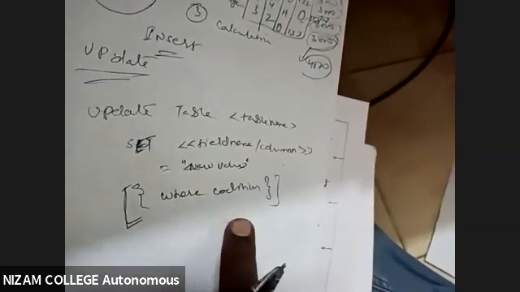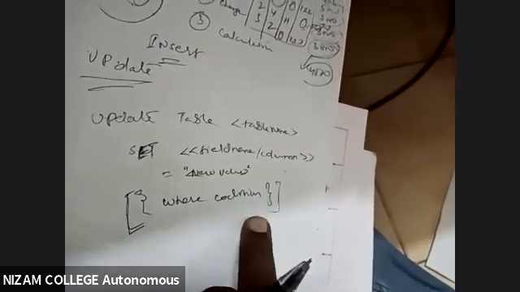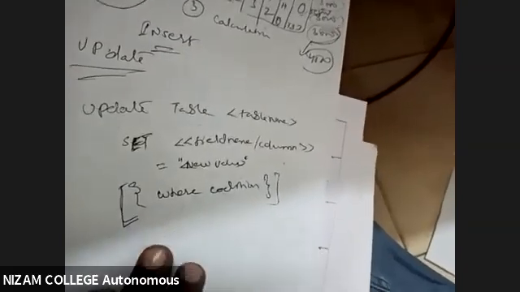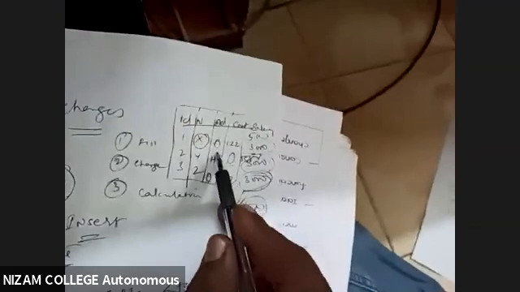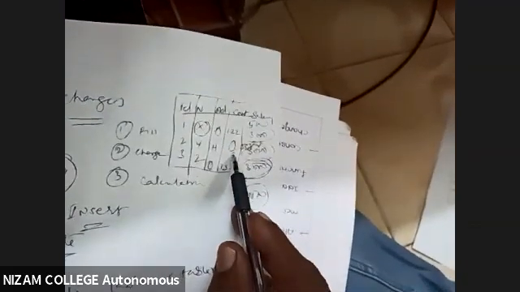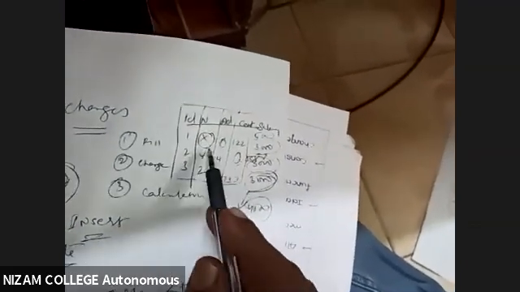We call this a tail. Now the tail part is optional. Why optional? Because the criteria demands that I want to change only this. So when I'm saying only this particular one, then I go for